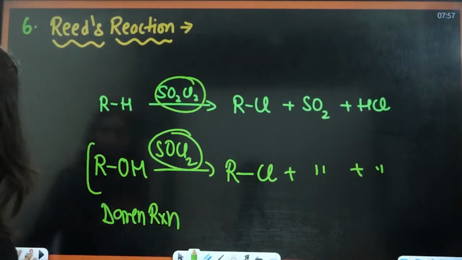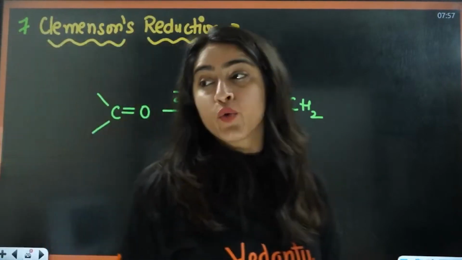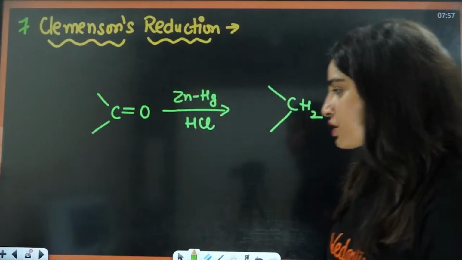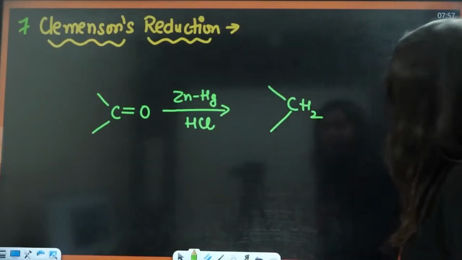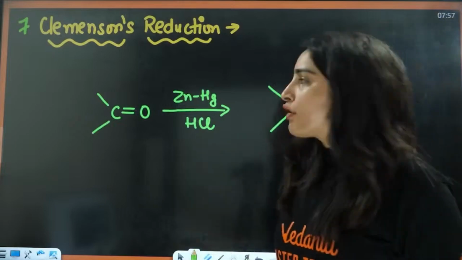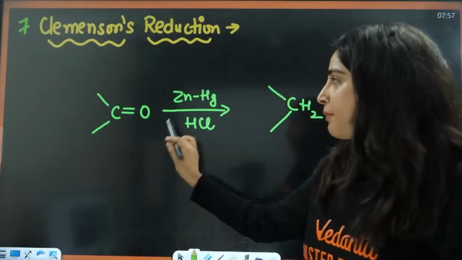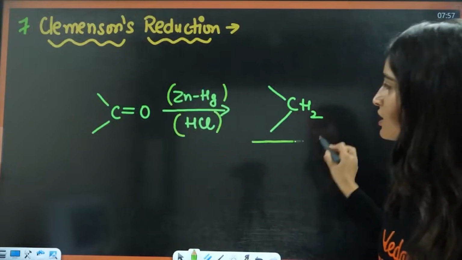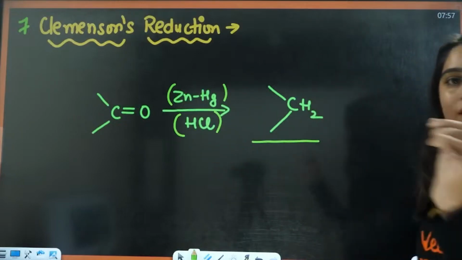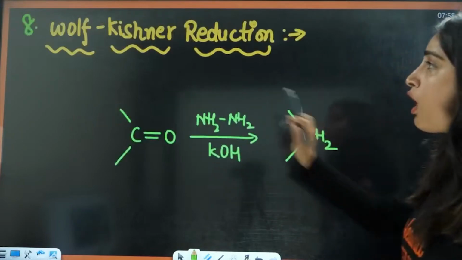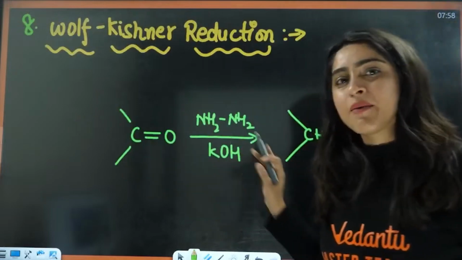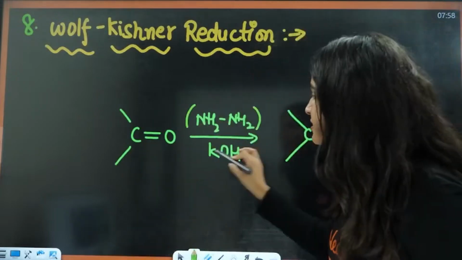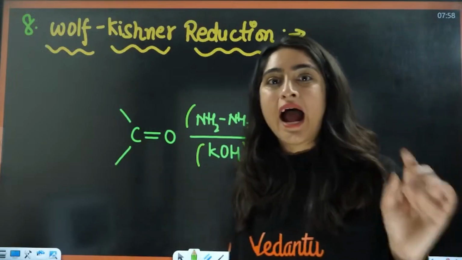Yes, bacha? Okay. Now, next thing that we are going to do here, that is Clemmensen reduction. Okay, beta. For that, you have carbon double bond O in the presence of zinc amalgam and acidic condition. This will be converted to CH2 here, that is hydrocarbon. With Wolff-Kishner reduction, the same product and reactant, but there is difference in the reagents, that is hydrazine in the basic condition.